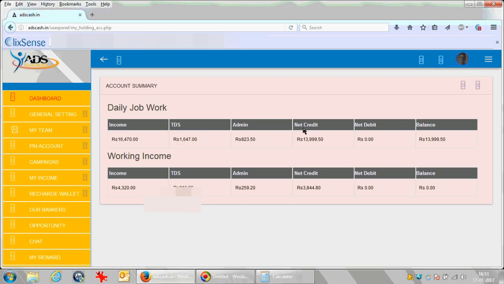One more thing I wanted to tell here is this is what your actual income is. From that income, 10% of TDS would already be deducted. So what you are earning at the end is the actual net amount you will get. There won't be any tax deduction on it because tax has already been deducted. And along with that, 5% admin charges would also be deducted, and then the remaining amount only would be paid to you. Before January 1st, they had been paying this amount on a daily basis, but from January, they are paying it on a weekly basis.